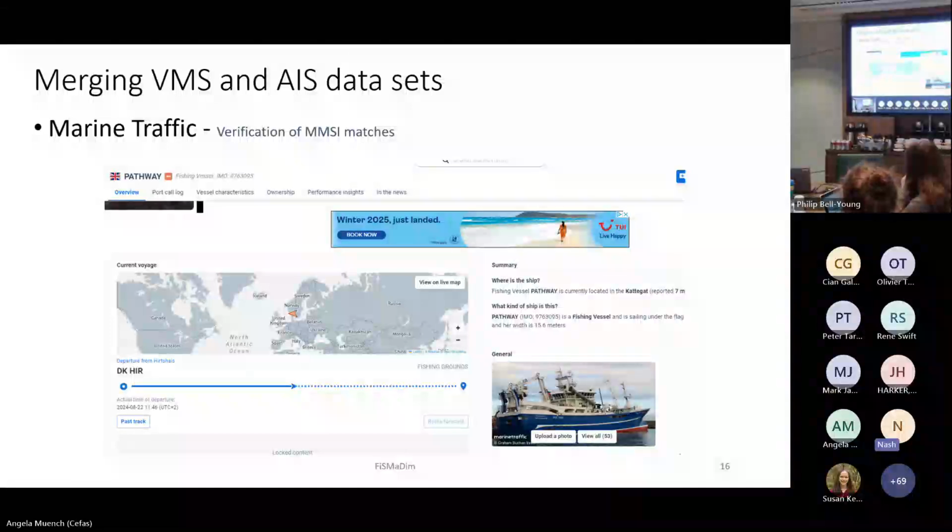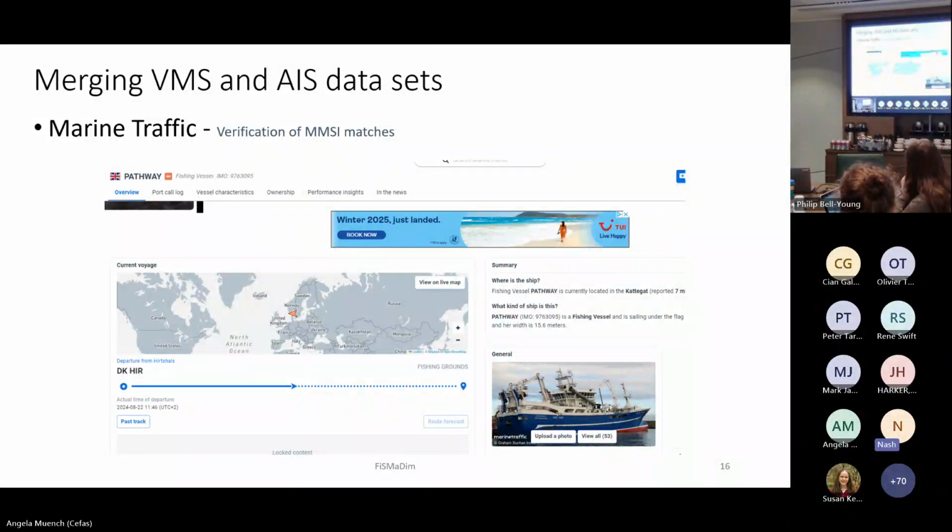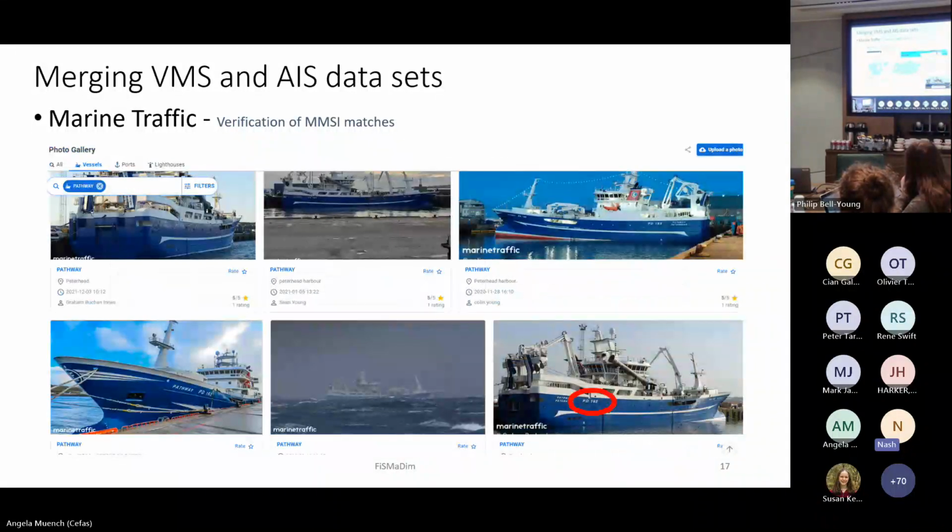And so we thought, okay, let's look at marine traffic and verify these matches that we're getting between the AIS devices and the VMS devices. So marine traffic has this website where you can see the vessel name, you can see the length of the vessel, but also if you keep scrolling through, you can see pictures of the vessels.